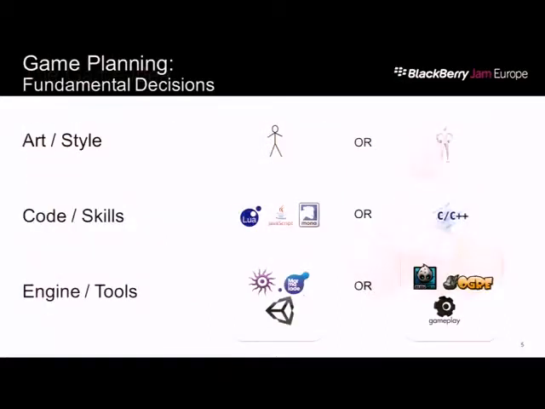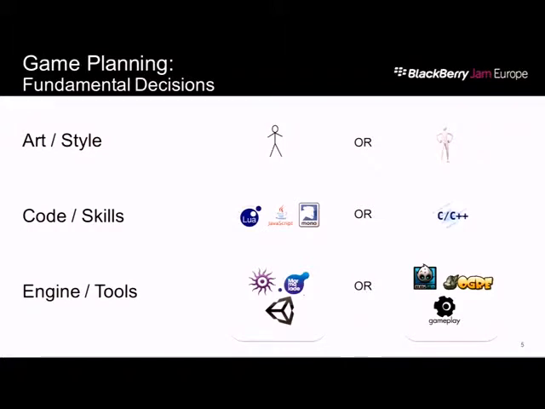So then you're like, okay, well, what's next? What do I have to do next, right? So first of all, with a fundamental game planning philosophy, what I try to do is understand what you know, what skills you have, and what choices you think you should make before you go the wrong path and then say game development's not for me. Because a lot of times people just make the wrong fork in the road. You take a wrong fork in the road and then you have a problem.